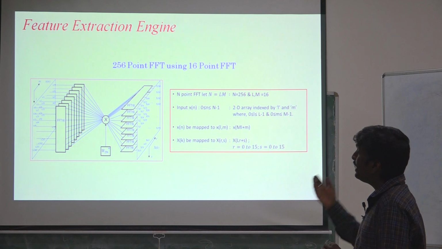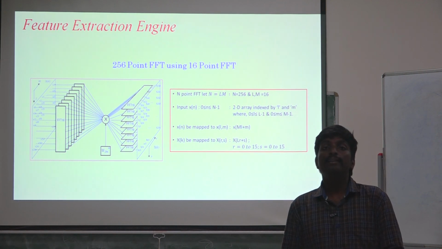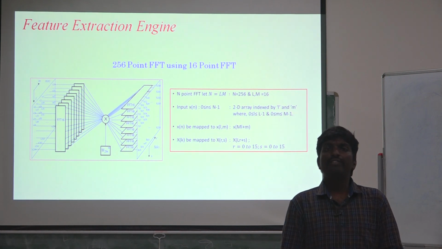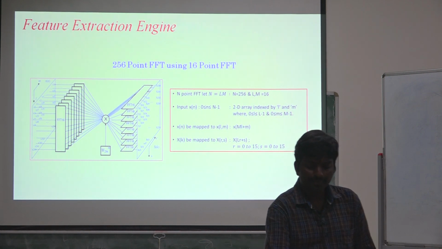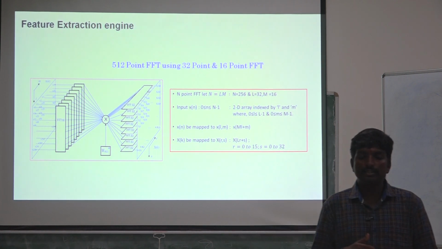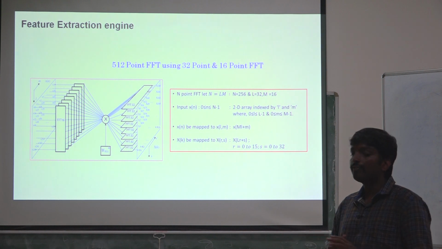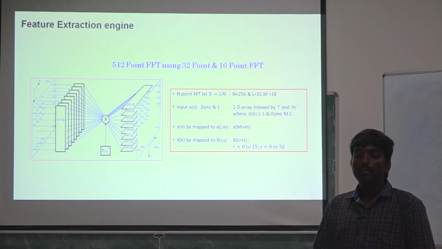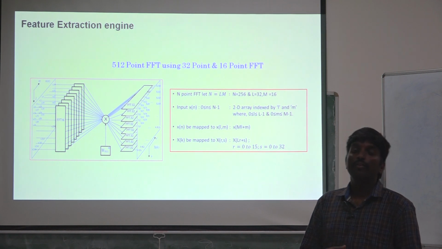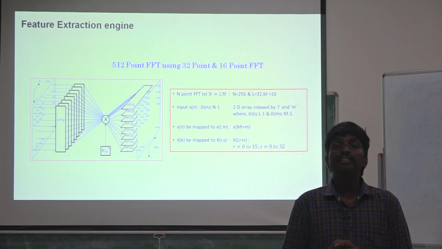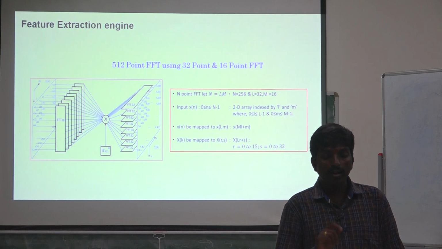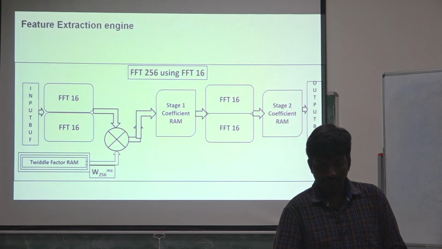So we need to generate the addresses for the read and write logic so that we can easily do the FFT function. Next, for the second stage, the 512 point, the similar structure is 0, 16, 32, but for the second subframe, when it comes, it will go for 0 and 32nd sample instead of 16, which is actually the row column inverse, which exactly gives the first coefficient of the FFT function.